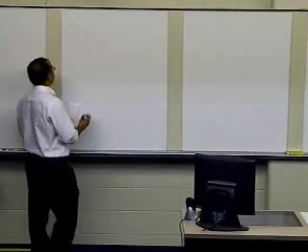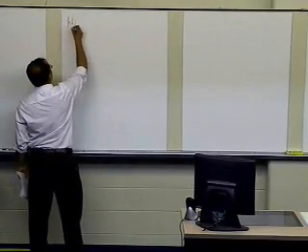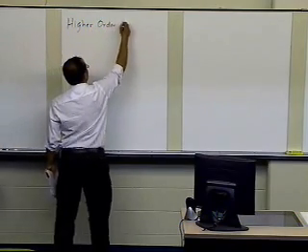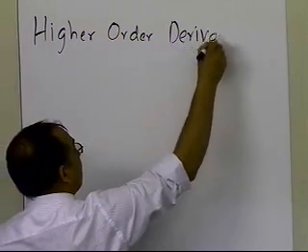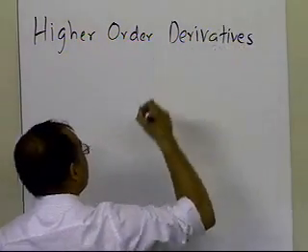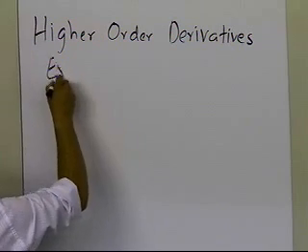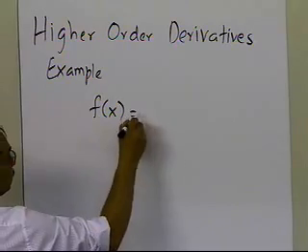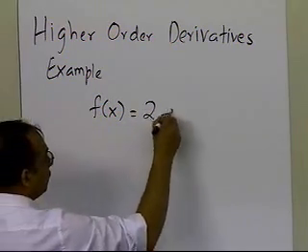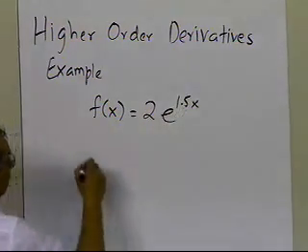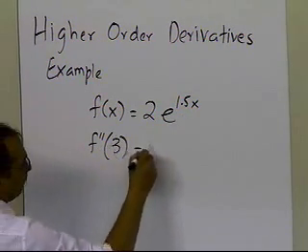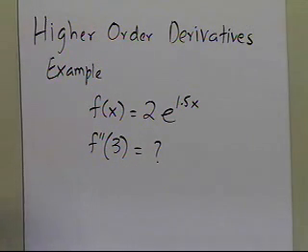In this segment, we're going to take an example of how to numerically find higher order derivatives of a function. So we're given a continuous function and we're going to find out what the second derivative is. Let's suppose somebody gives you the function to be 2e to the power 1.5x, and says, hey, can you calculate the second derivative of the function at 3 numerically? So let's go and see how we can go about doing that.